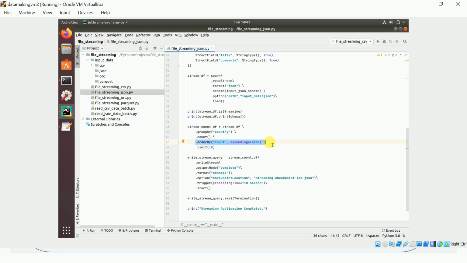In append mode you can also do aggregation using different concepts, but out of the box you cannot. Like watermarking, we can apply that in append mode. So always keep in mind, aggregation on a stream data frame can be achieved using output modes complete and update. One more trick: only in complete mode can you apply the order by, not in update output mode.